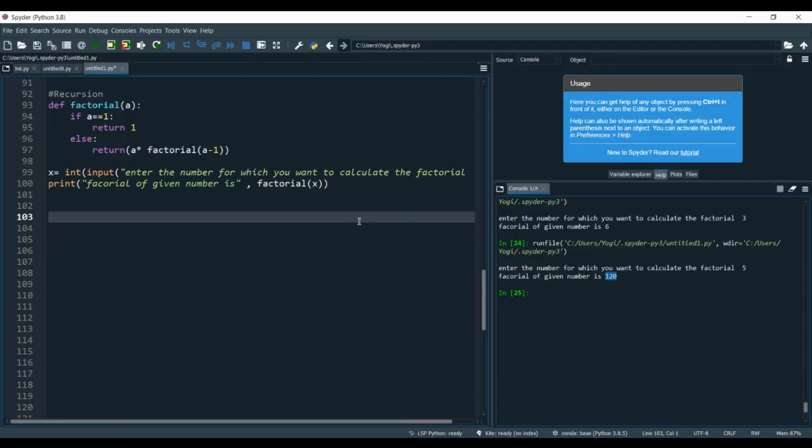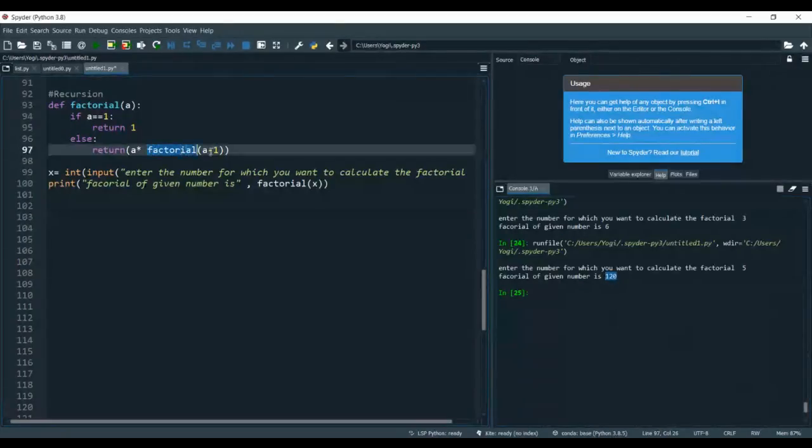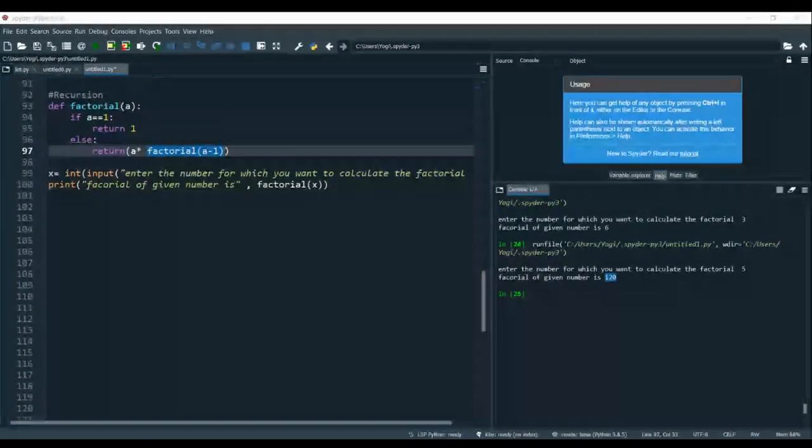So this is how you can calculate the factorial. So this is recursion. This function is calling itself again and again till you get your value. This is clear? This is an example of a recursive function. Also, you can create the Fibonacci series with the help of recursion, and there are a number of examples you can do with recursion, right?